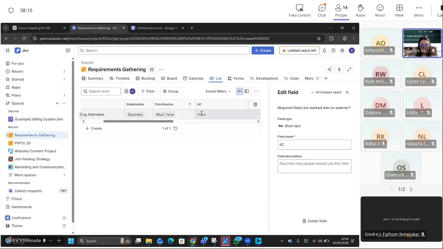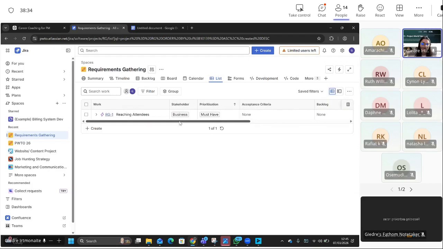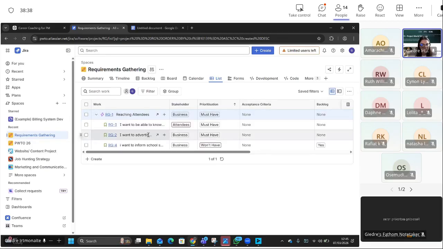So this short text, now that we have acceptance criteria, let me change it to acceptance criteria actually. I only called it this because we already had acceptance criteria, so it would not let me use the same column name. So yeah, now, like I said, you've got two options, right? You can either just have acceptance criteria per each epic, so you could say marketing plan,